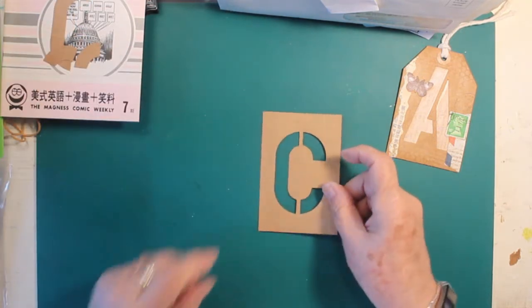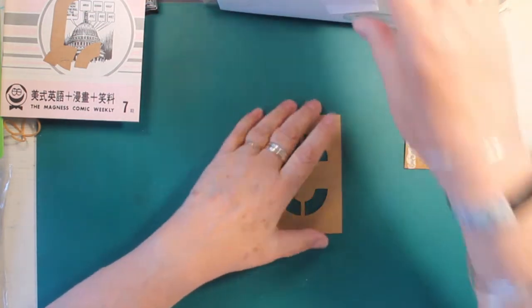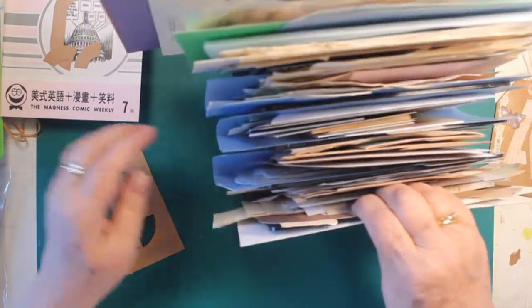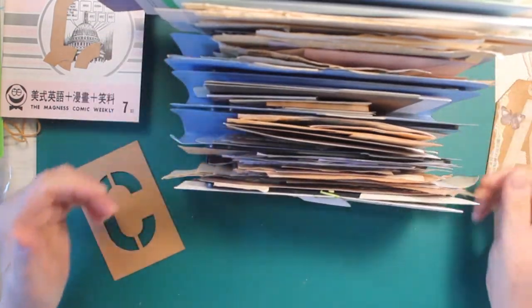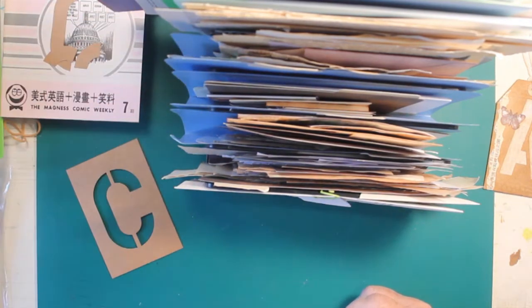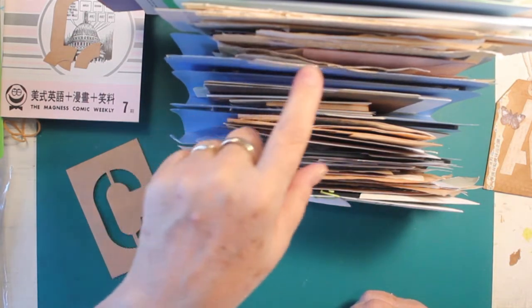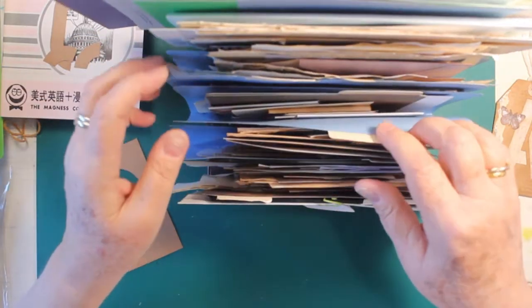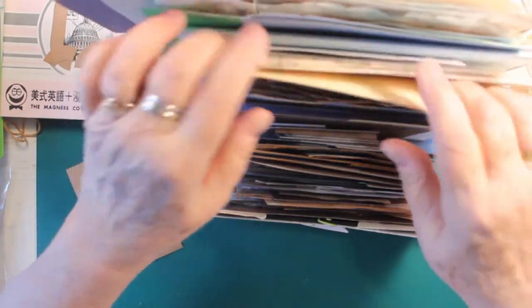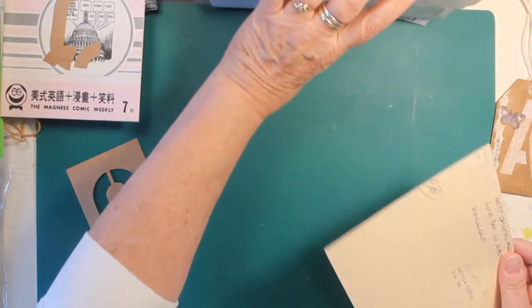And so what I'm going to do is find a piece of cardboard to back it. I have here in front of me my little scrap file. This is one of those letter holders that you find in office supply. It's elevated, it graduates up, and so I have small scraps, medium scraps, and these are scraps that have some sort of decoration on them. So I have an old piece of old file folder,